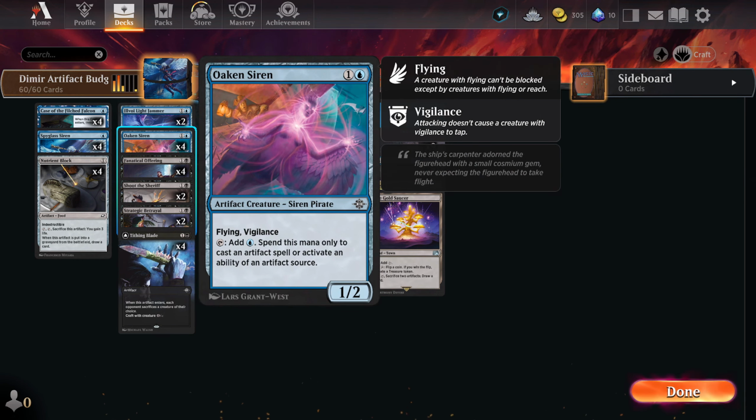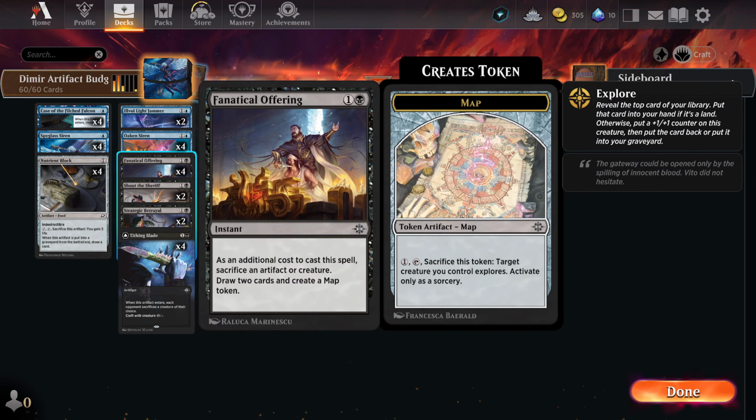We'll also be running the Oaken Shield. I really like this, 2 mana for a 1/2 flying vigilant, but you can tap it to add blue mana, but you can only use it to cast artifact spells or activate abilities of an artifact source, which is pretty cool. Fanatical Offering. As an additional cost, you need to sacrifice an artifact or a creature, and you can draw 2 cards and create a Map token, which is pretty good, as the Map is an artifact as well,